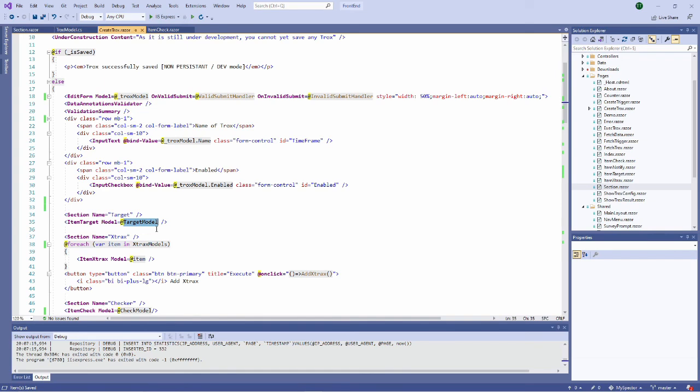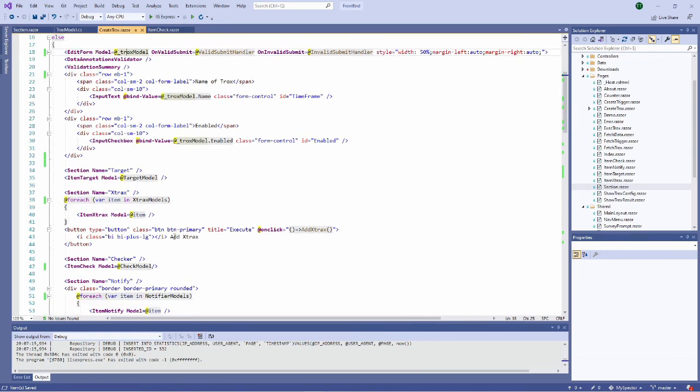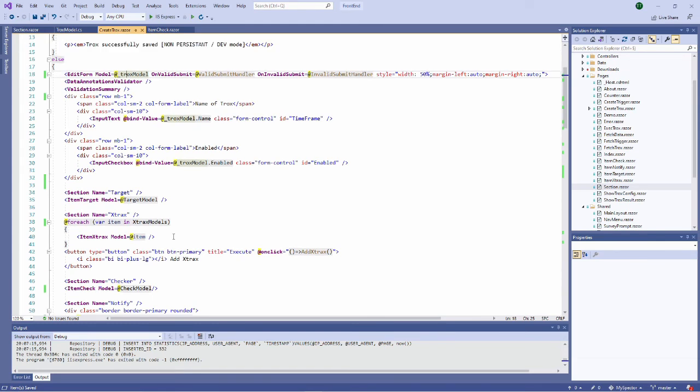And in fact, the target model is a dependency of the TROX, which is here. The extracts also is a dependency of the TROX. So my architecture in the backend can be translated in the front end with the models.